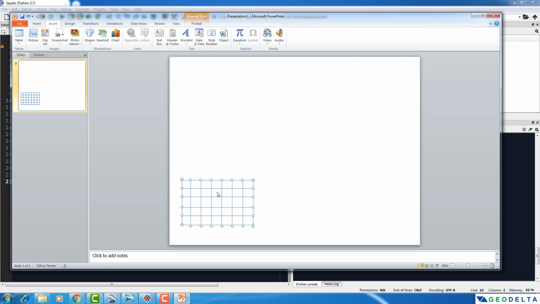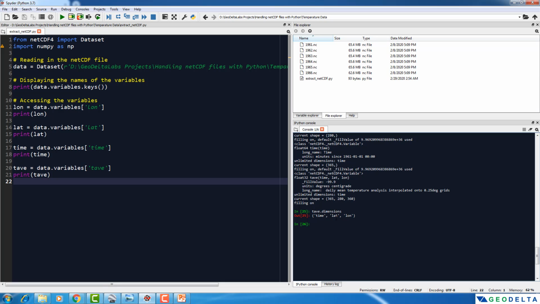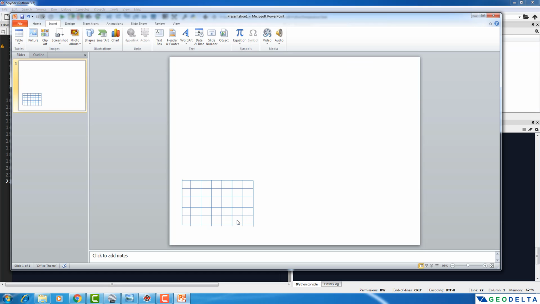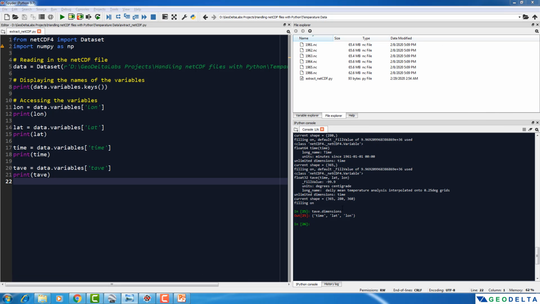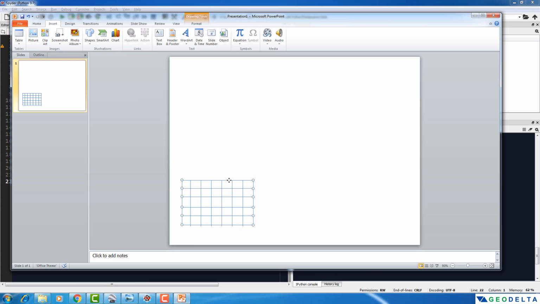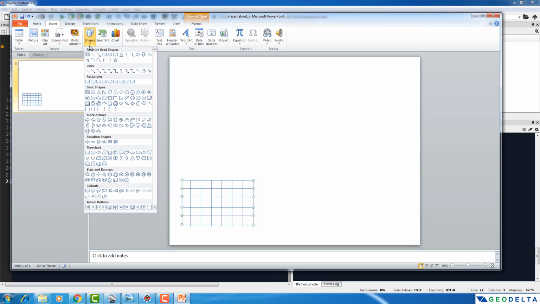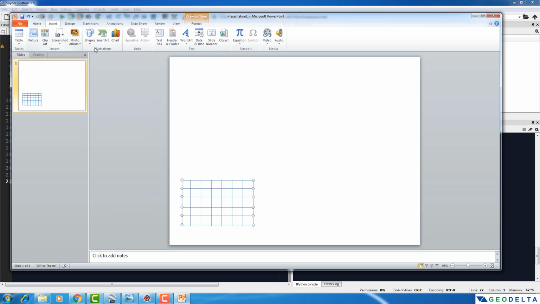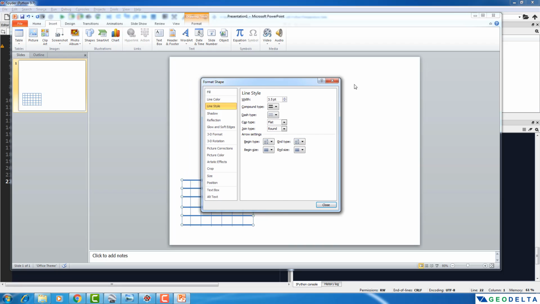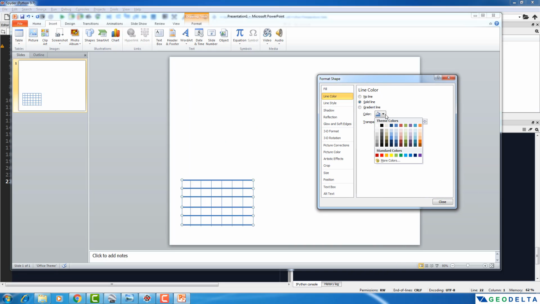So roughly, to give you an idea, over here it actually says the latitude. According to our downloaded netCDF files, and as per the information over here, the size of our latitude variable is actually 280. So that basically means that we have 280 different lines, which I have marked in